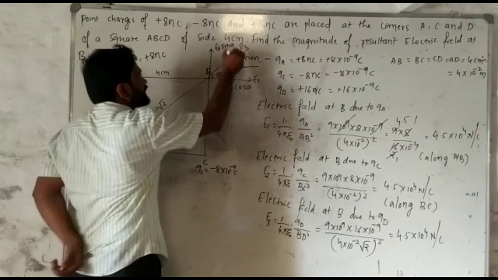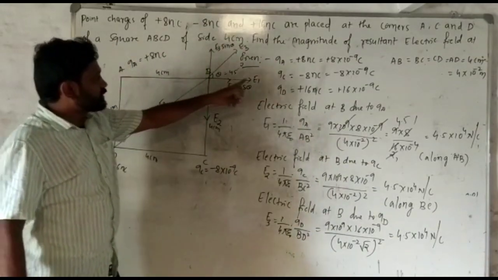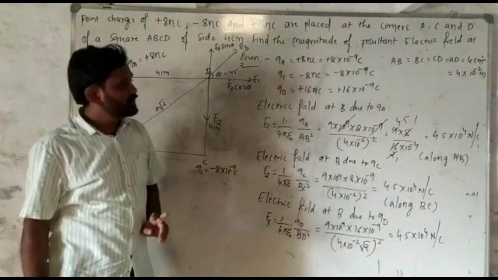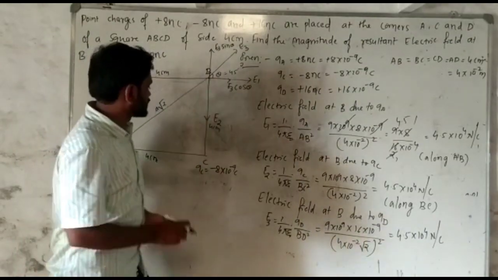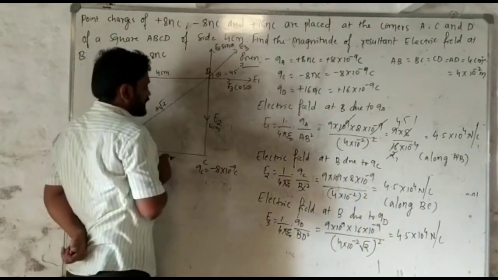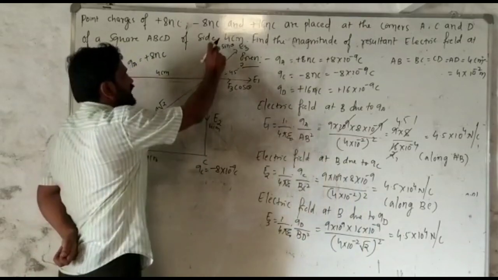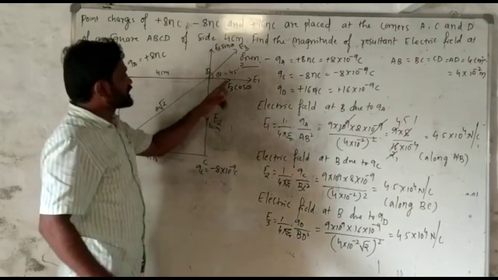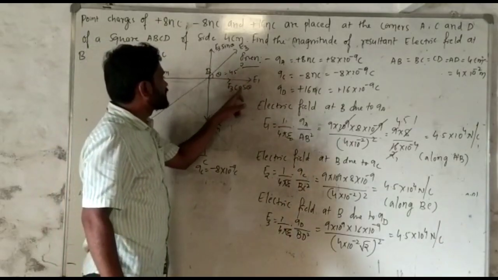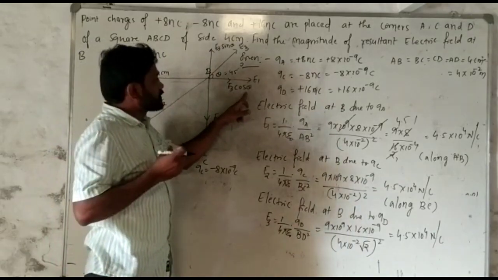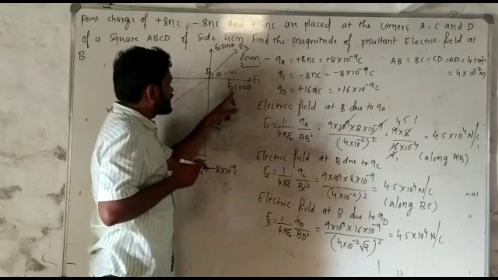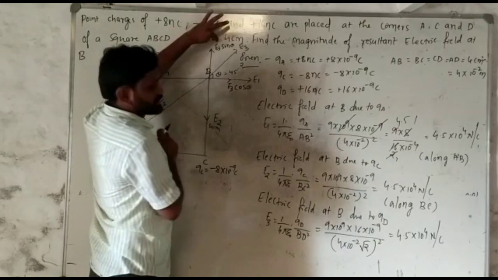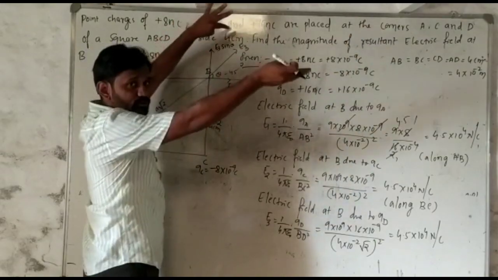See, the E1 and E3 cos theta both are acting along AB and on the same line of action. See, E3 sin theta and E2 both are acting along the same line but in opposite directions. That's why we find the resultant of E1 and E3 cos theta, and the resultant of E2 and E3 sin theta. Then after, we calculate the resultant of both two.